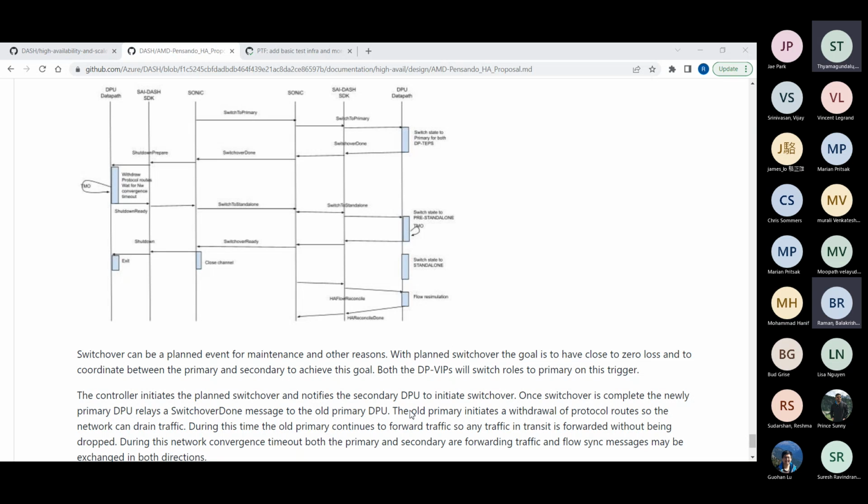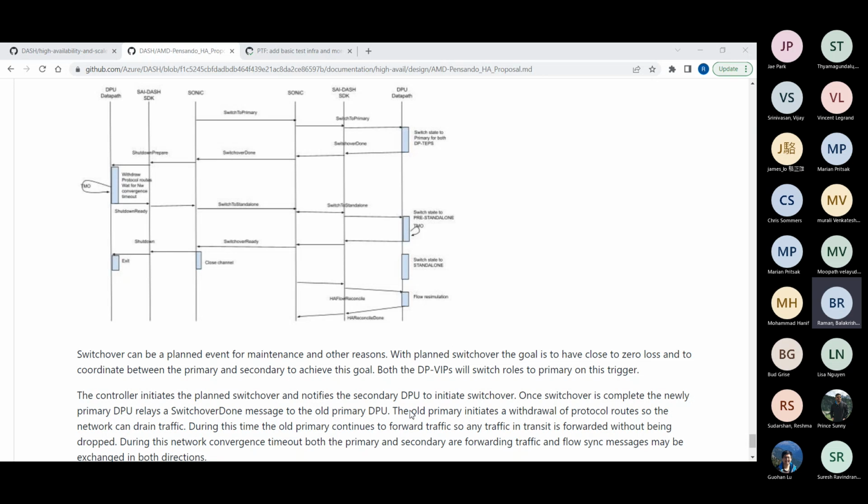Sanjay, let me try to explain. Basically, the stable state is active-standby. The standby will drop the packets whenever its role says standby. It will never forward packets. During planned switchover, a role transition happens. It is not like the standby will go to standalone right away, or remain in standalone.